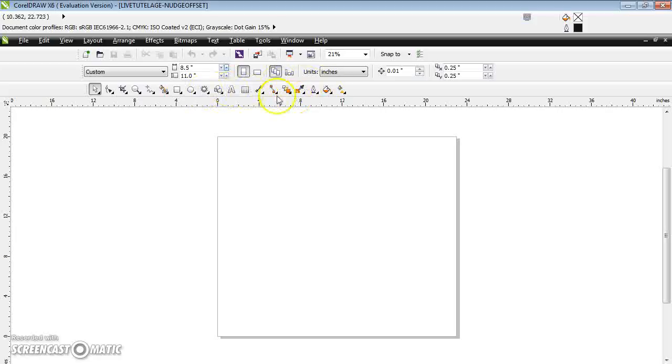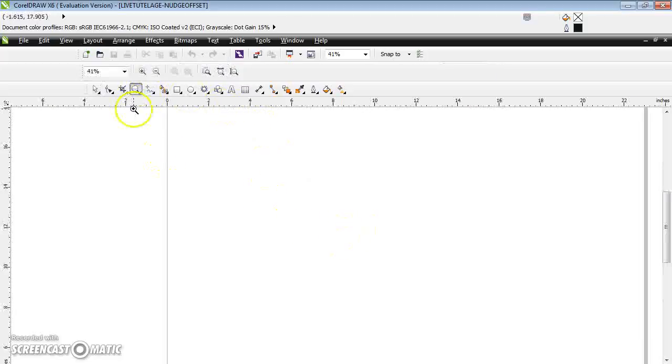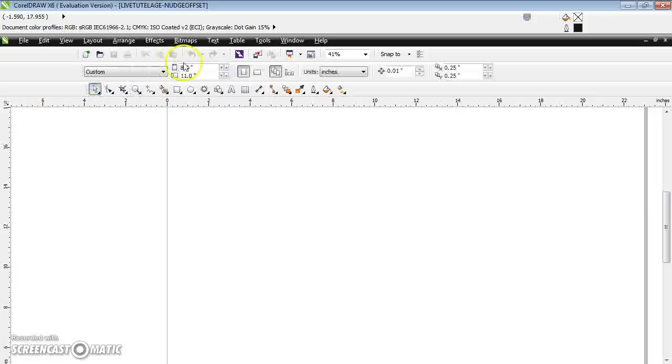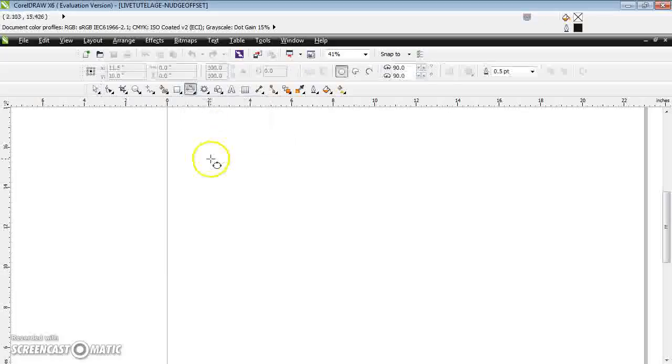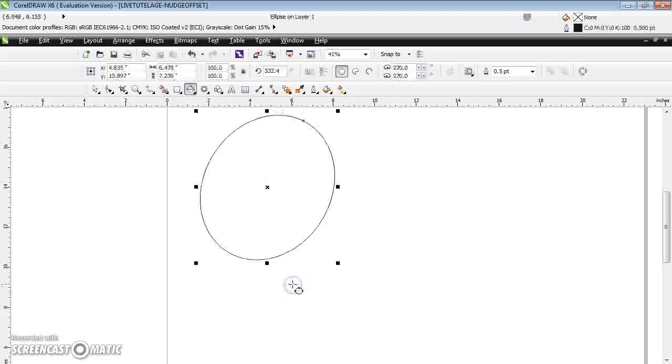So this is our toolbox and let me draw some shape. First let me zoom the page. The page is zoomed. Now let me take some object, click the tool. So this is my tool.